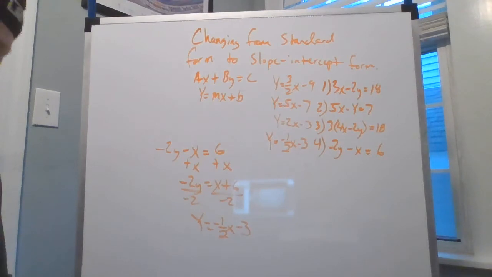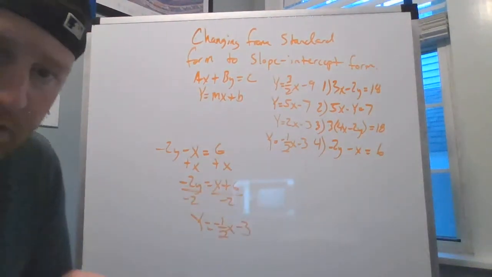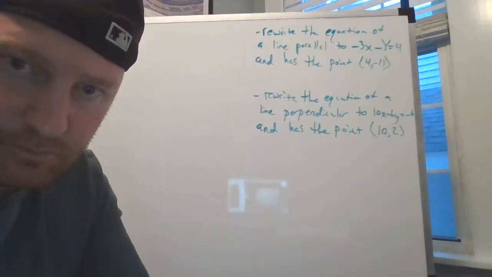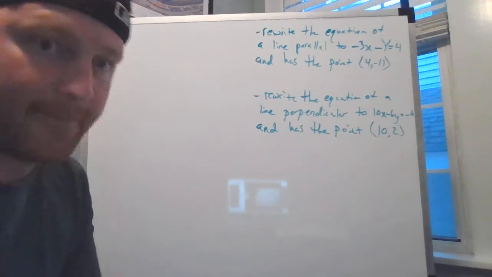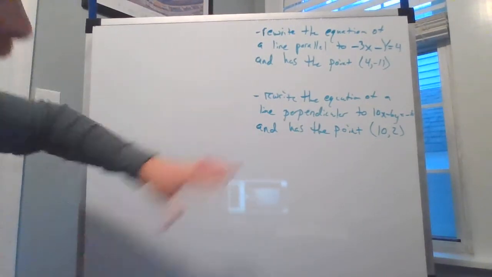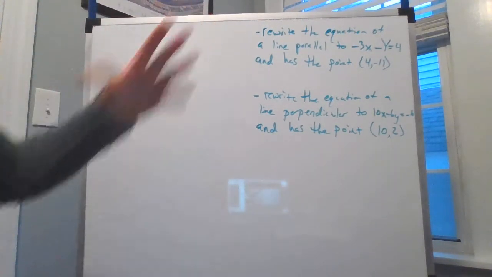So that is how you change standard form into slope-intercept form. And you'll see why this is so important in just a second. All right, here's my second example. And last, about the tie-in to standard form and where it plays a role in these parallel and perpendicular lines